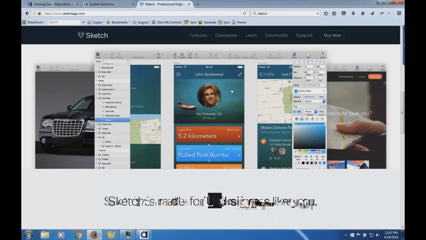So the flow is usually you have a graphic designer design your user interface, and then you bolt it onto Alpha. The cool thing about Alpha is that Selwyn and the team have been spending a huge amount of time making it easier and easier to do that because they understand that's the flow. We should schedule a session to show how you could create a very simple user interface and bring it into Alpha with, say, Sketch or Photoshop. I'm not sure if I answered that individual's question, but there's no reason why you couldn't do it. We just don't have the data or the experience, honestly, on how to do that.